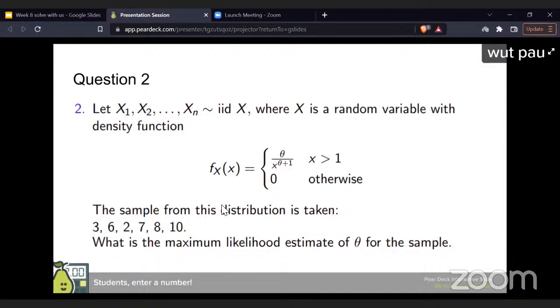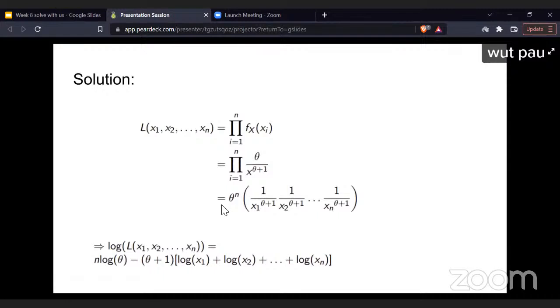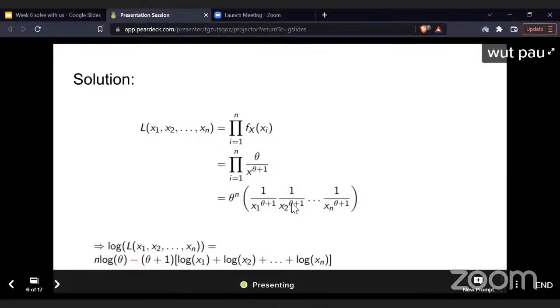Samples 3, 6, 2, 7, 8, 10. Yes, right. So these are the x values. Now what you can do is, instead of going till n, you can just take these 6 sample points